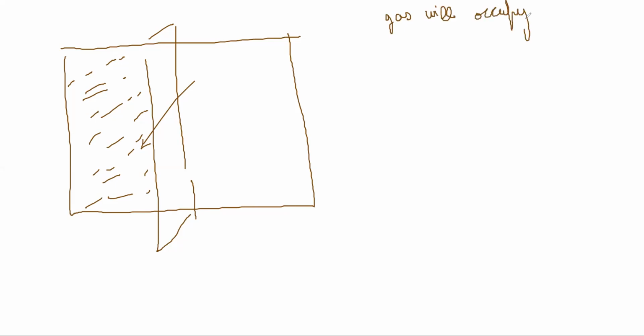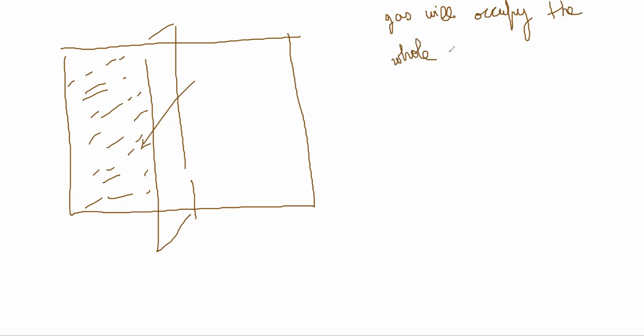Suppose this is a room, and there is a partition here. This partition is movable, like you can remove it, and you can put it back in place also, right? Suppose you had gas which was filling one half of the room, and the partition was on. Then if I remove the partition suddenly, what will happen? It will occupy the whole room, no? Gas will occupy the whole room on its own. You don't have to push it, right?